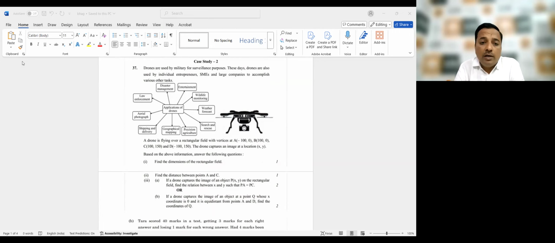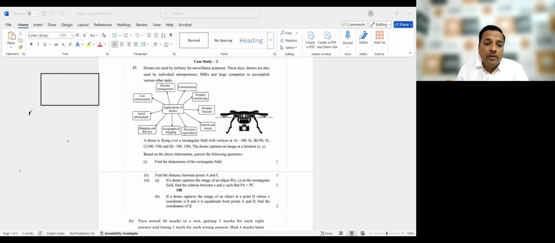These days drones are also used by individual entrepreneurs, MSMEs and large companies to accomplish various other tasks। ठीक है, वो ड्रोन है, खत्म हो गई बात। तो ड्रोन इज फ्लाइंग एट अ रेक्टेंगुलर फील्ड में जा रहा है ड्रोन। ओके, सो वी हैव, आ गया रेक्टेंगल, यस। So the drone is flying in a rectangular like this, ये वो कवर कर रहा है। Okay, and the drone is flying over a rectangular field, ये फील्ड के ऊपर फ्लाई हो रहा है।